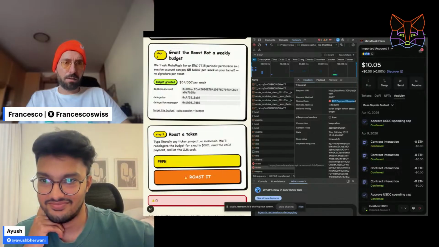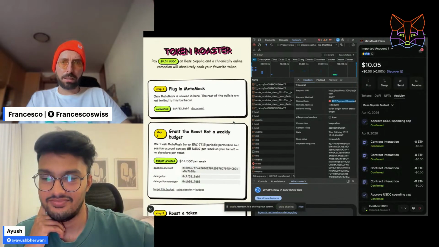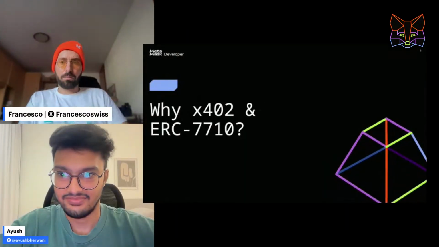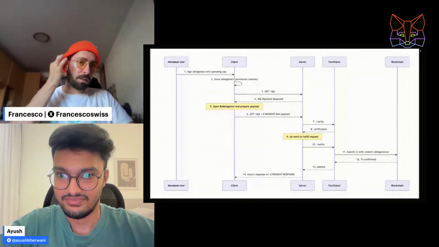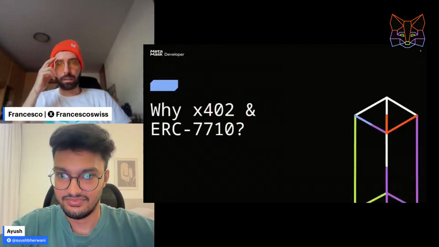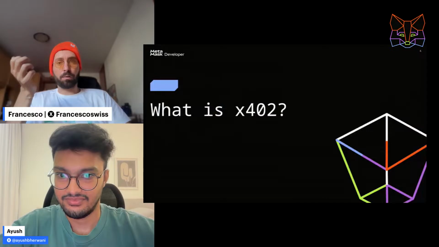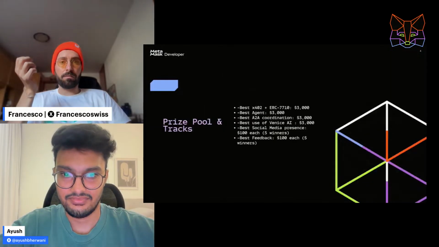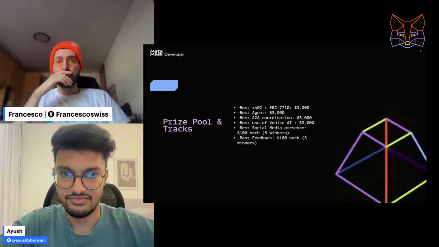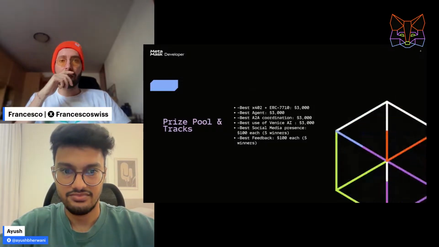In the meantime, I will share my screen quickly. Give me 2 seconds. So what we see today, right? We kind of vibe coded this permission requirement payments with x402. One thing to say is that this is for the MetaMask Dev Cook-off, specifically on the x402 side. Here is the full track, both on the x402 side and 7710, 3K, best agent 3K. So you can target multiples.